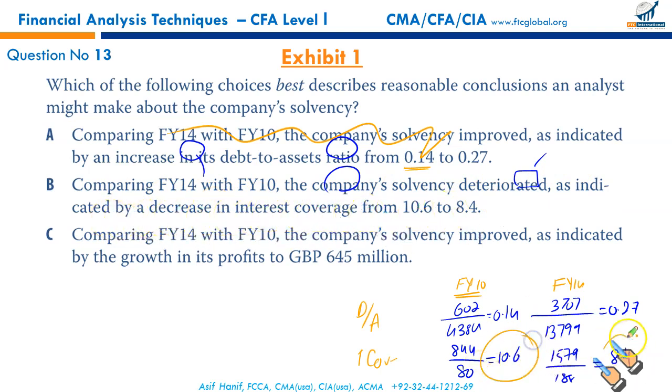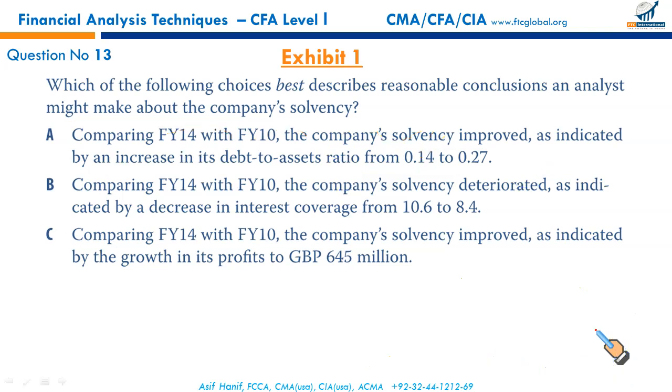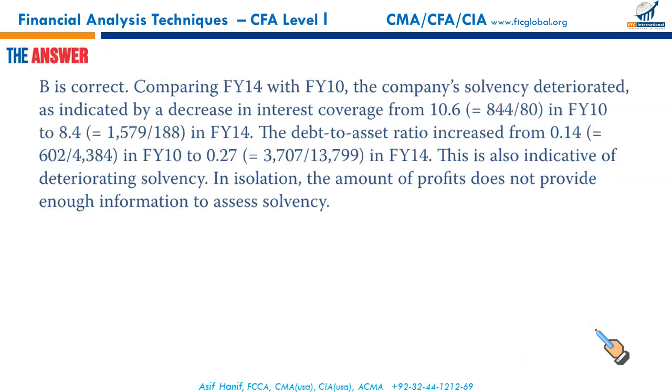Yes, interest coverage has fallen. Now you are convinced. This is how you should do the questions. Do not be afraid of longer, bigger questions. This is the temperament that you have to build. Face whatever is coming your way. You must charge against the question. This is the key to passing professional certification. The reason students fail is they are afraid of questions. Getting rid of this fear of questions will help you pass the exam. That's the key. The sooner you realize this, the better. So that makes B the correct option.